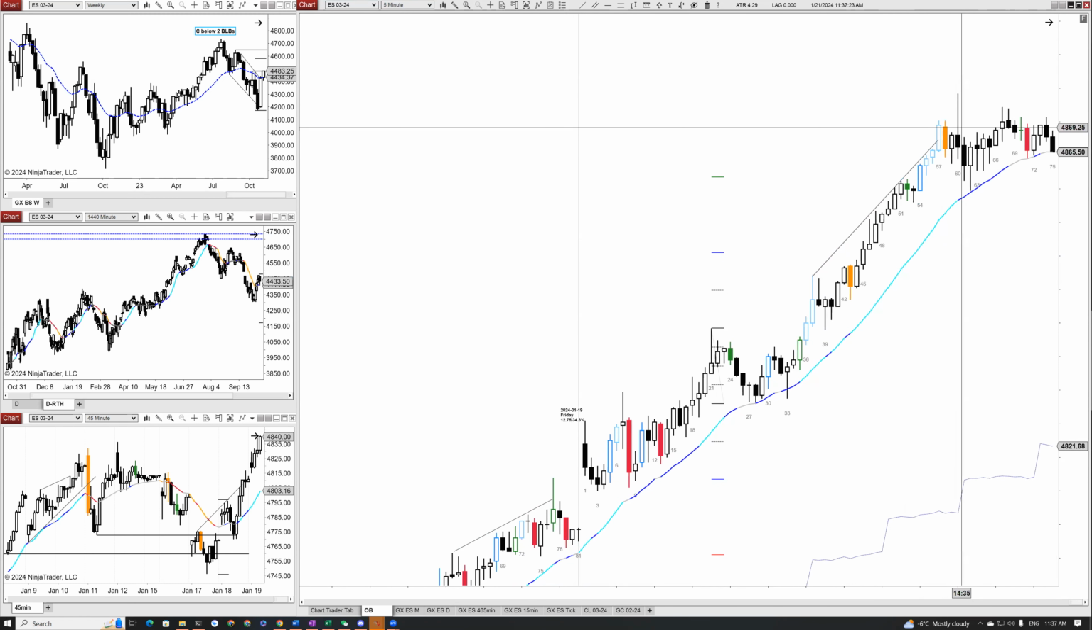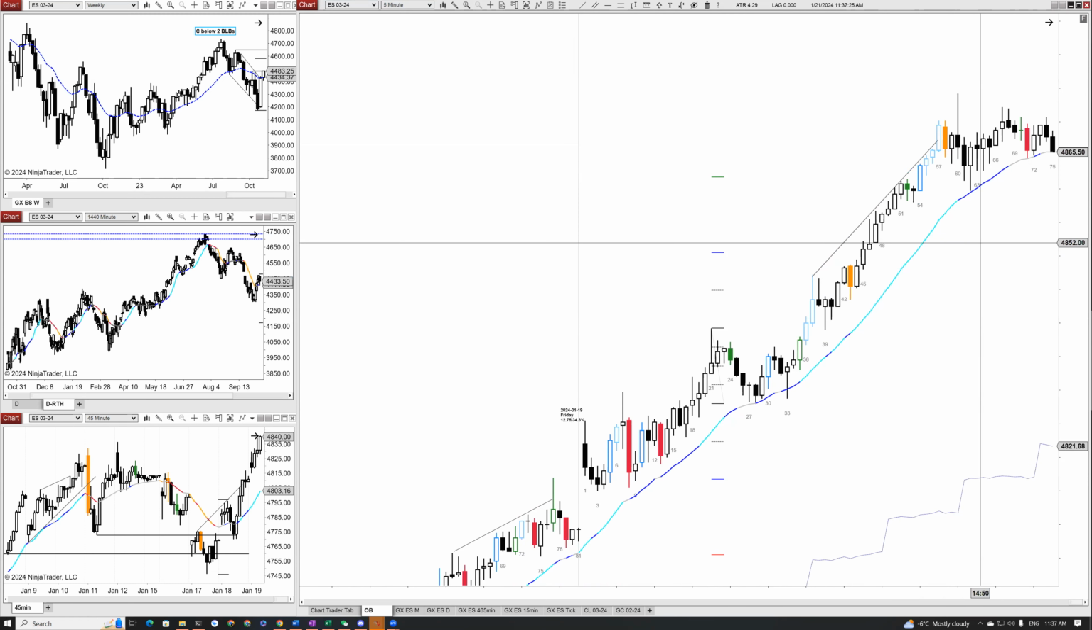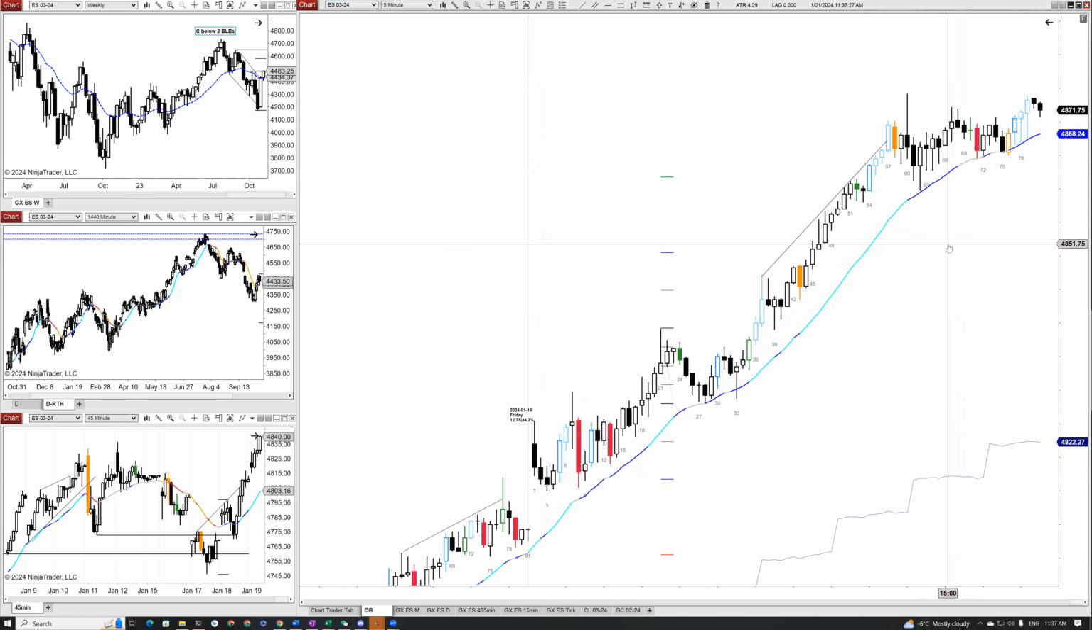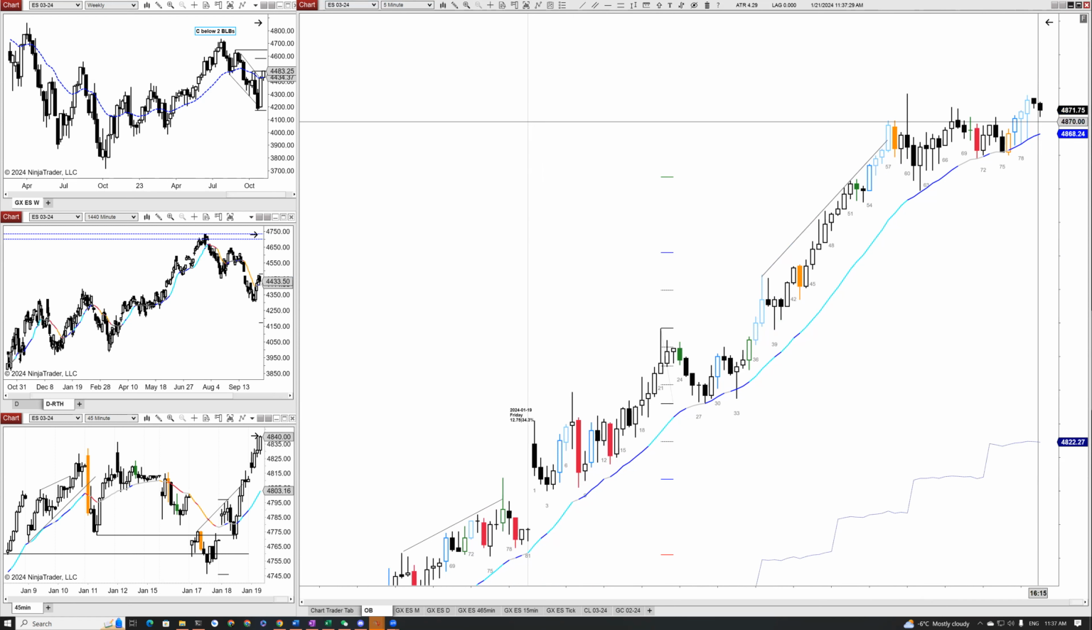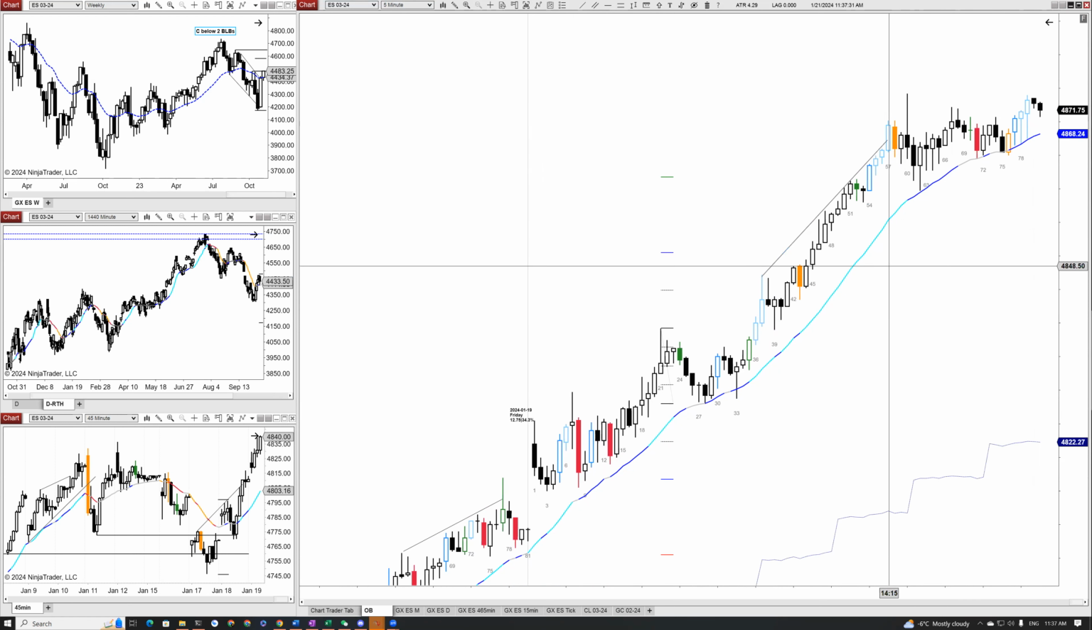Also a breakout mode, 3 legs down, 1, 2, 3. We should continue higher up. Okay, so that takes us to the end of the trade. There's nothing